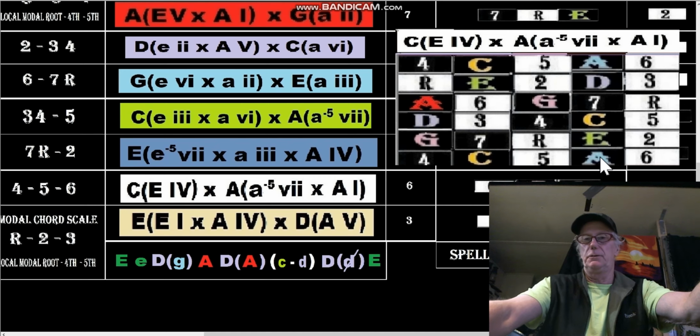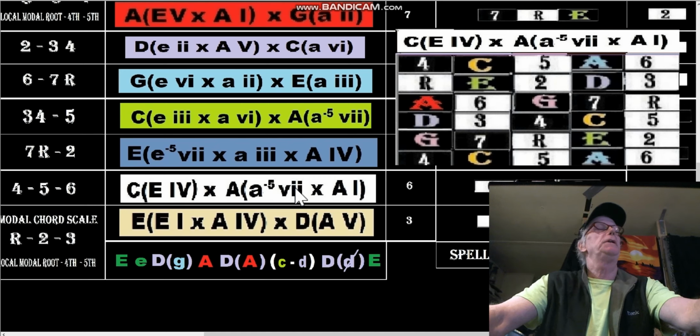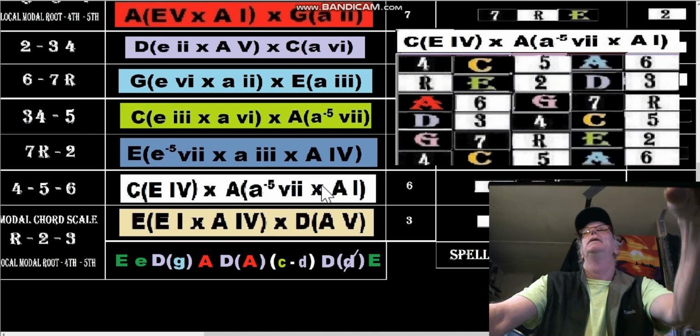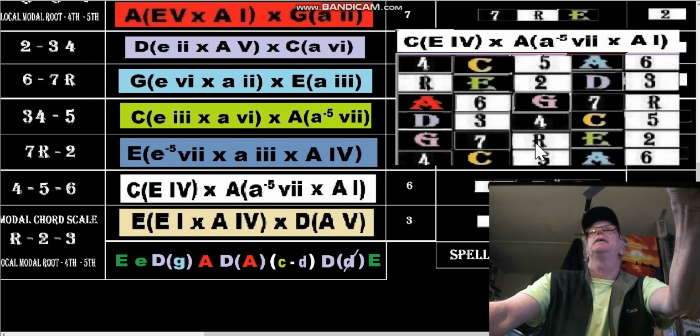Remember, the new system incorporates the old system heavily because it came from it, right? So we have been going into the A box. We have our half diminished. Okay, so we're starting here. We've got simply our half diminished chord triad, 7, 2, 4. So let's find that on the chart there. Let's see what shape it is. It's going to be an A minor shape in the A cage, and it's going to have the diminished 5th, so it's right there, 4, 2, 7 right there. Because if you could see